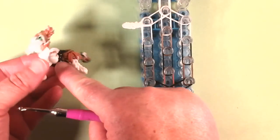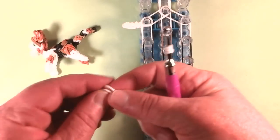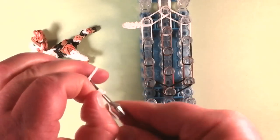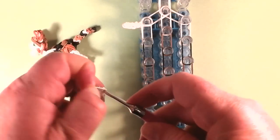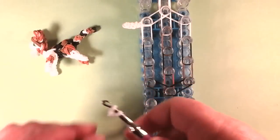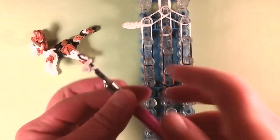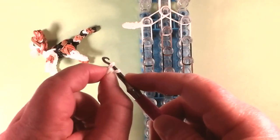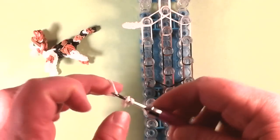Okay, we can flip this over and see what it looks like on here. So I'm going to use single white 4 times around, single white twist, slide that on there, back on the hook, another single white twist. So this is a 4, and then wrapped around 4 times, then a single twist right here, another single twist,